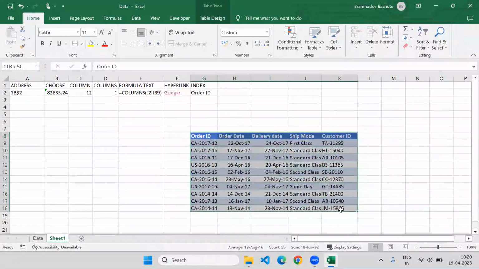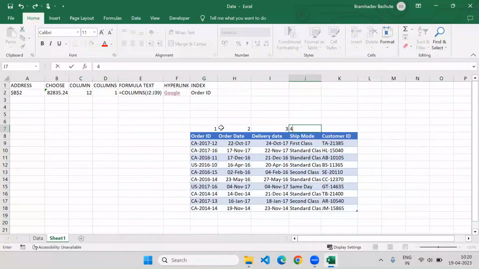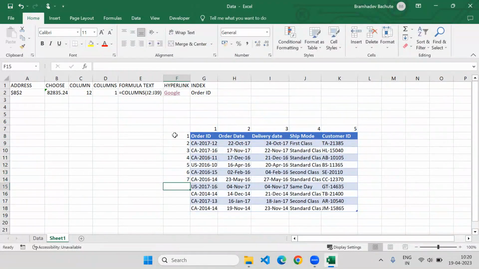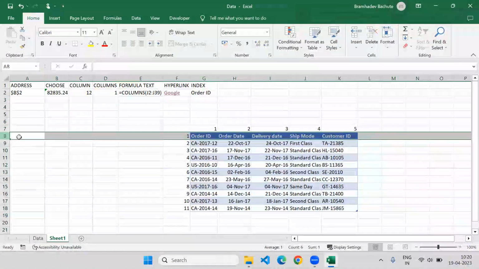We have selected this table, and for this table, this is my first column, this is second, this is third, this is fourth, and this is fifth column. Similarly, we have rows 1, 2, 3, 4, 5, 6, 7, 8, 9, 10, 11. So these kinds of rows and columns are there. And if you enter 1, 1, first row, first column of this table, it will return